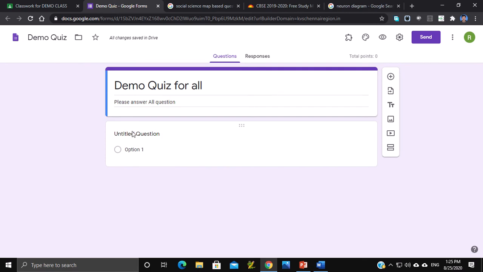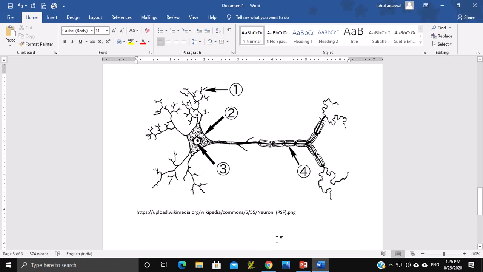When we are creating other forms, we add the email address, name of the student, class, section, all those things. But since we are already in a class and this test is for that particular class only, we need not include all those things. Directly we can start. Before you start any Google form or quiz, it is always advised to keep the questions ready, so that you can simply copy and paste. The same thing I am going to show you now.